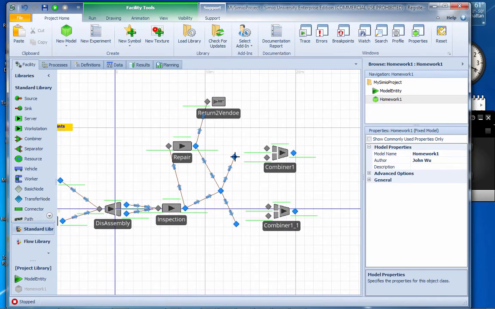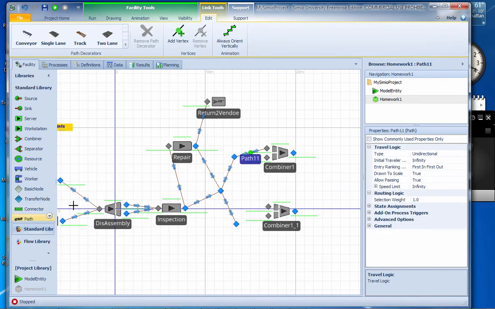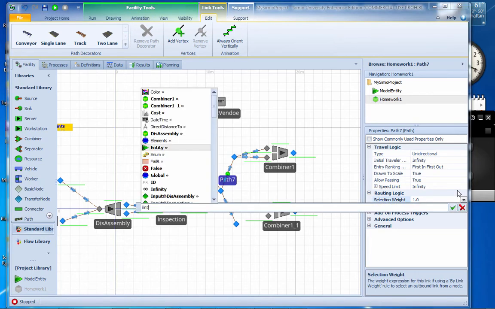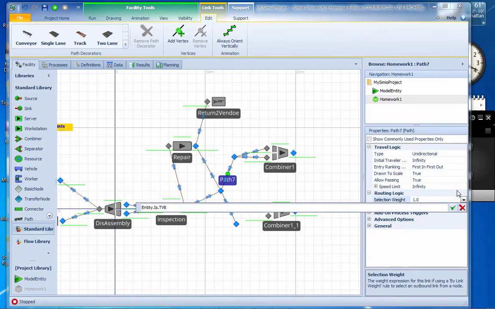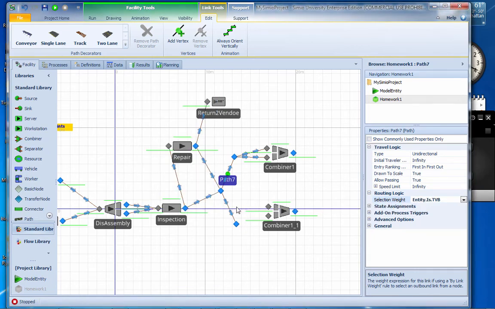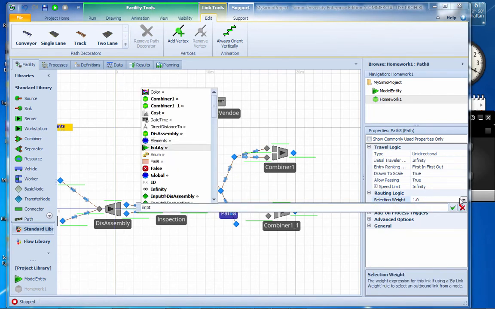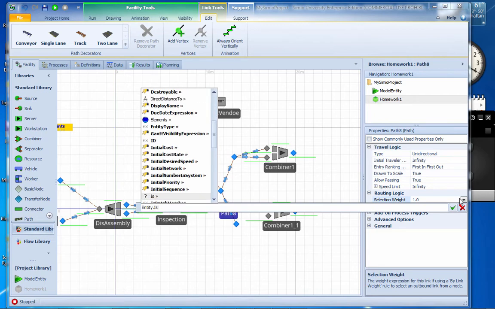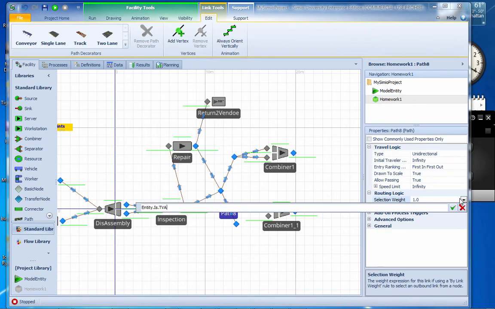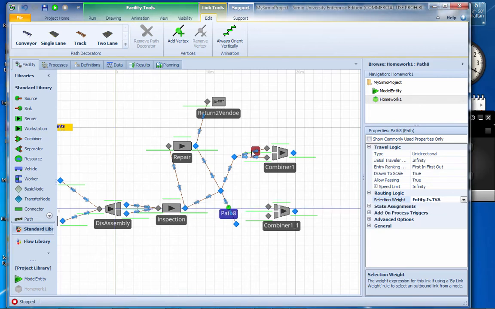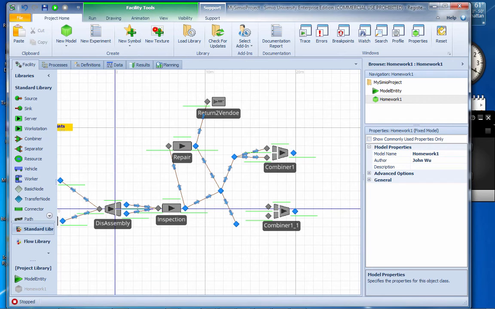Okay, and then going for that also I show. So this is link weight, the entity is TVB, and this is entity is TVA. Okay, and also this part is